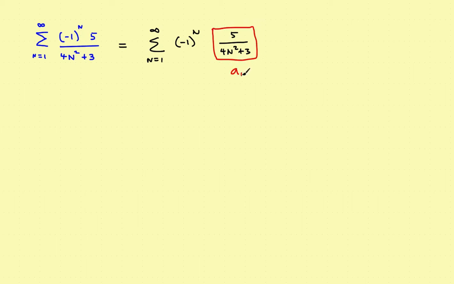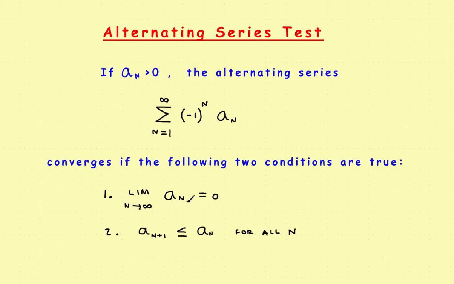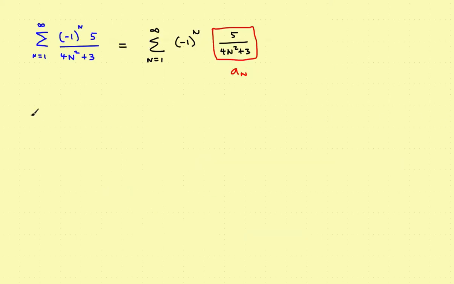So that's going to be a sub n. So what my two tests say are, again, first of all, show that the limit is equal to 0 if I can. So let's try that to start with. So the first condition, you want to show that the limit of a sub n as n approaches infinity is equal to 0. We'll put a little question mark here because we're not sure if that's true or not. So go ahead and do that. Find the limit as n approaches infinity. Now again, just the sequence part of it. You don't have to worry about the switch. Of 5 over